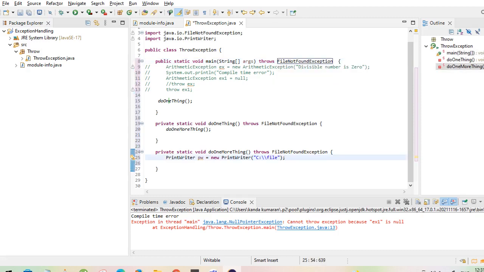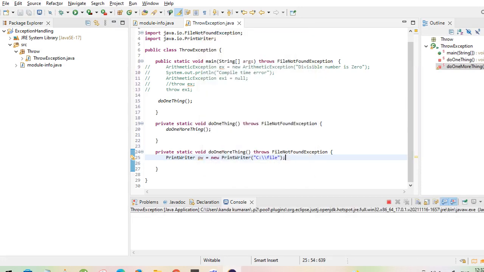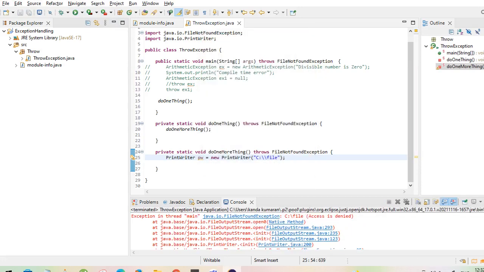So right now we have created this dummy file. The file is not there in my local machine. If I execute this program, I'll get a file not found exception. Yeah, perfect. As you see here, the file not found exception.